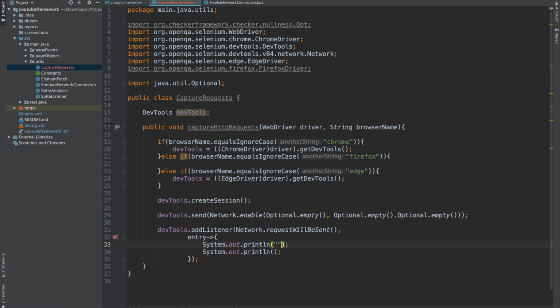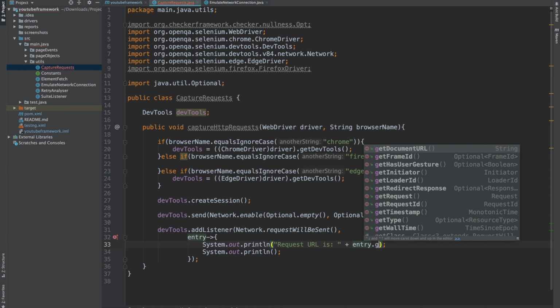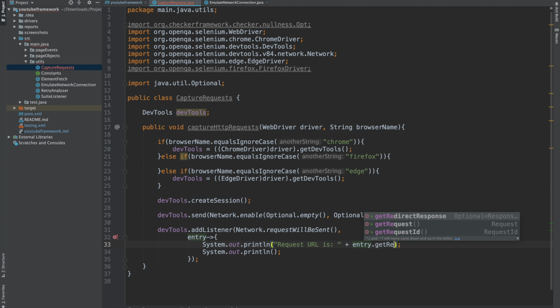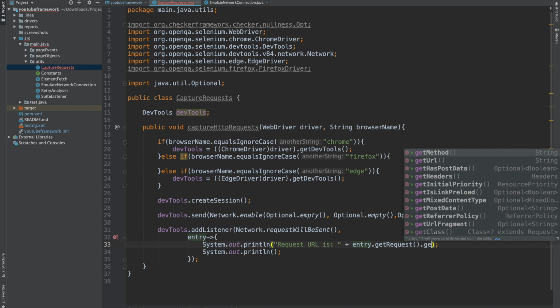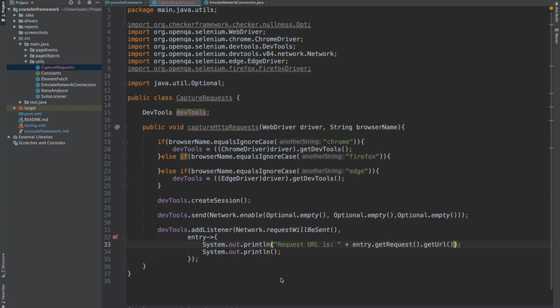Here we can write "Request URI is", and this will be entry.getRequest().getUrl(), and then similarly we can write